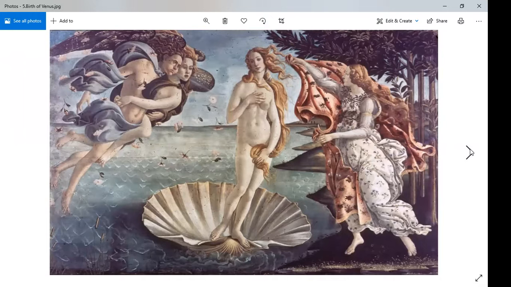Botticelli, 1484. Well, Botticelli was one of the most famous artists of the High Renaissance. And let me give you that definition. Now, that is on your handouts, okay? So we're going to look at two definitions that both are related to this work of art. High Renaissance is the bottom of your first page of the list of terms to know. High Renaissance was that period during the Italian Renaissance,